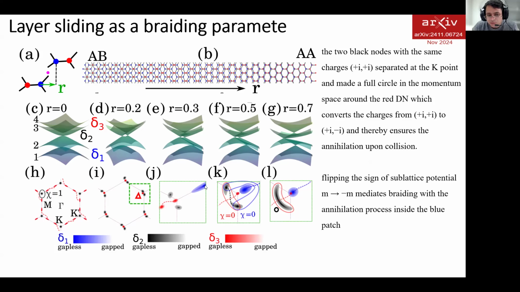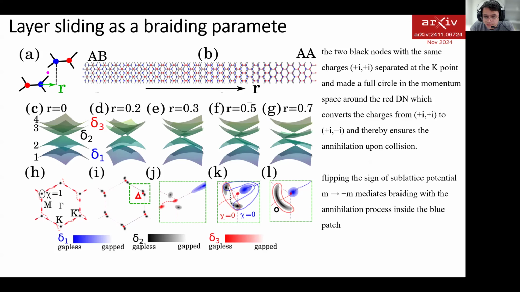At the same time, in the blue gap, which is the lower gap, two Dirac nodes are created and one comes near the K point. If you calculate the Euler charge in this red patch or blue patch, then the Euler charge is 0 now,